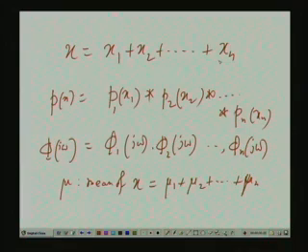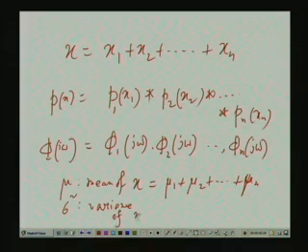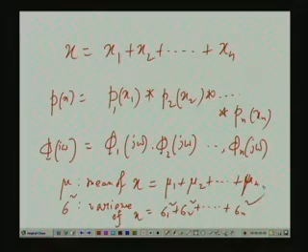That is again irrespective of the individual density and distribution functions. Mu is always the sum of the individual mu's. Similarly, we have seen earlier that since x 1, x 2 up to x n are statistically independent, the variance sigma square, that is variance of x, is nothing but sigma 1 square plus sigma 2 square plus dot dot plus sigma n square, just the summation